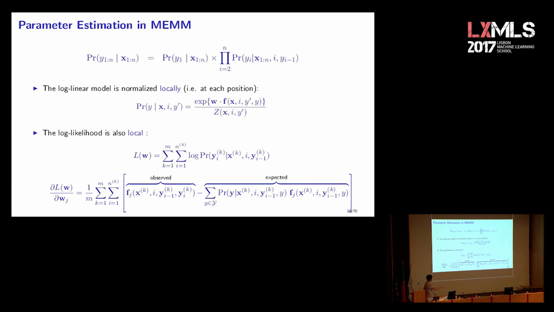Because by making use of the assumption, now the likelihood is looping over all the examples and looping over all the positions in the example, and then trying to maximize the fact that the current tag should have the highest probability, okay? Or the likelihood is the probability that the model assigns to each tag, okay? So the notion of locality is that instead of computing these distributions over full sequences, we go one thing at a time. So if you do gradient descent on this,